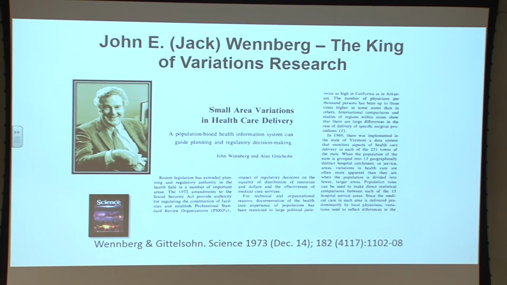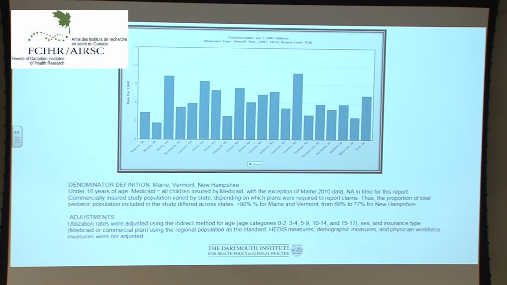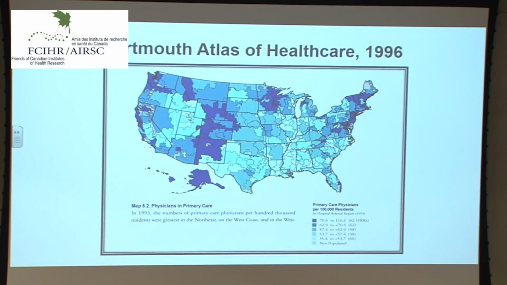Rates of surgical procedures and medical admissions, expenditures per capita, hospital costs, lengths of stay, relevant markers of disease incidence that might somehow alter the use of resources or procedures, supply of physicians, insurance status, you name it. Wennberg and his colleagues examined it and found puzzling variability. By 1996, Wennberg's team was able to publish a full atlas of healthcare in the US. It's a series that continues to this day.